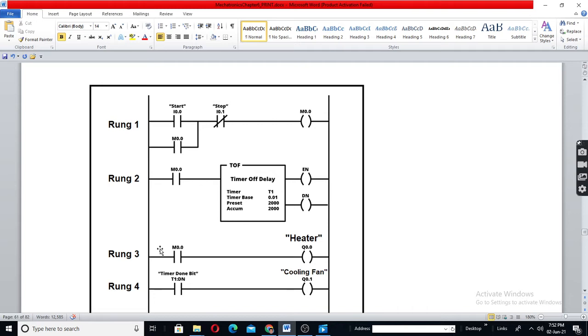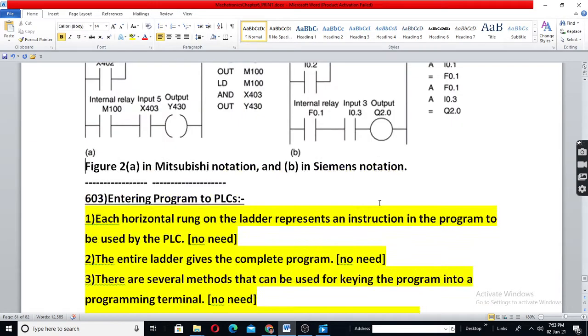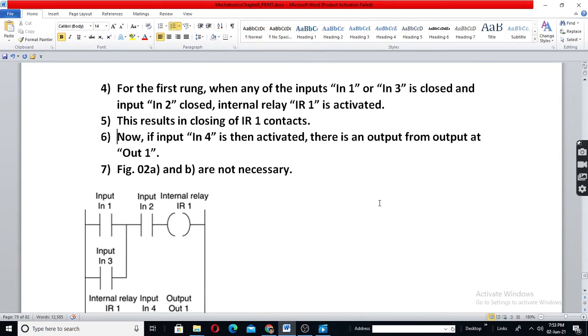At one or two places you can use the same contact, you will have a duplicate. Here you can use this any number of times, in any number of rungs. See, this is called a rung or circuit or network. All three words can be used. So that is the advantage of internal relay.